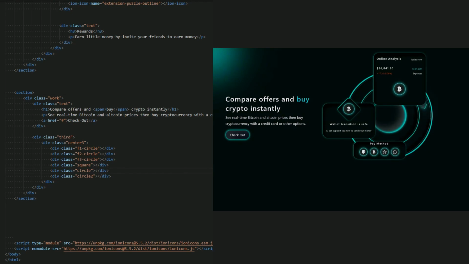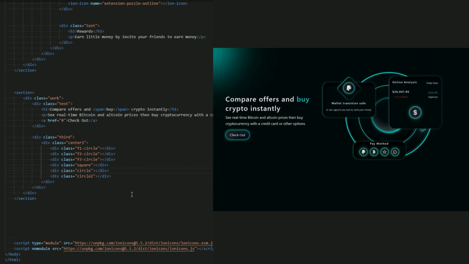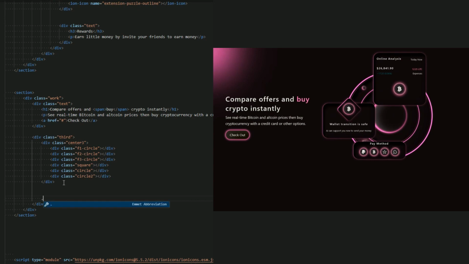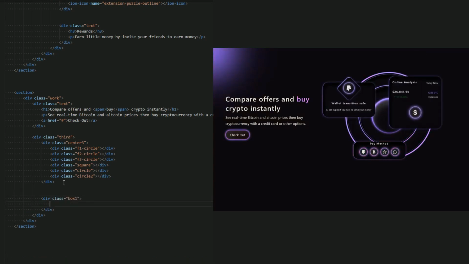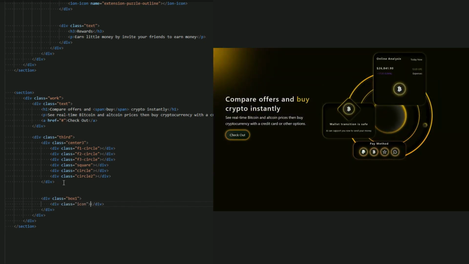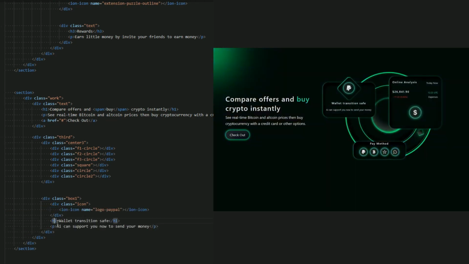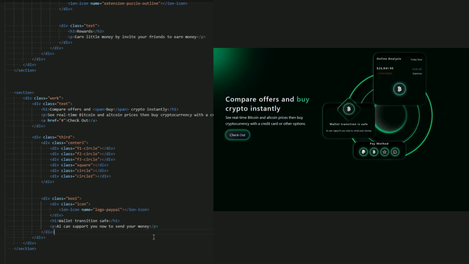So I start with left, so I just name it inside the third one, and name it box 1 to add the icon and the text inside it. So I just copy and paste it. Yes, now this is the icon and this is a text, as you can see. Okay, this is the first box of this paper.